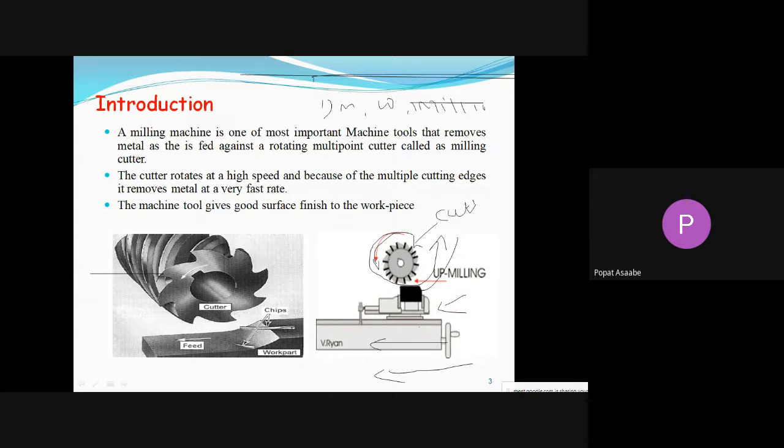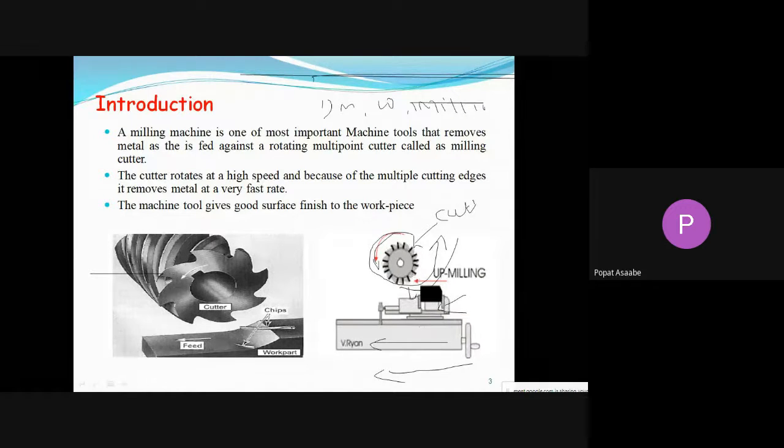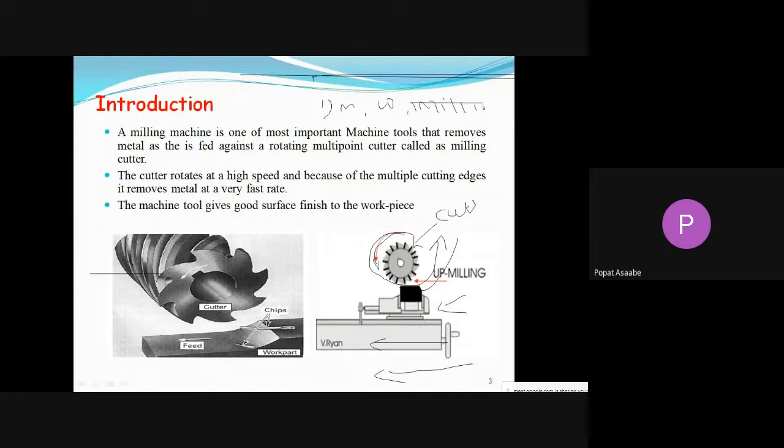Okay, once again, that milling machine tool will give a good surface finish to the workpiece. Once again, I will repeat: milling is nothing but a machining process, and with its help we can remove the material from the workpiece with a multiple cutting edges cutter. This is the multiple cutting edges cutter, and we rotate that cutter with the help of an electrical motor.